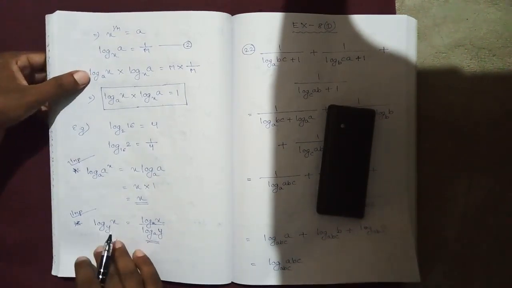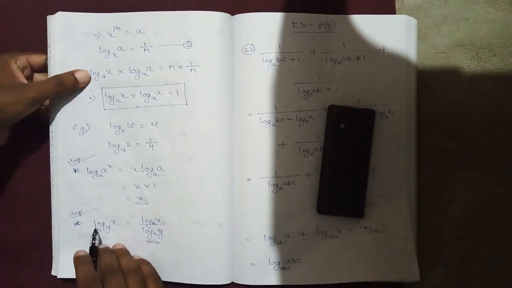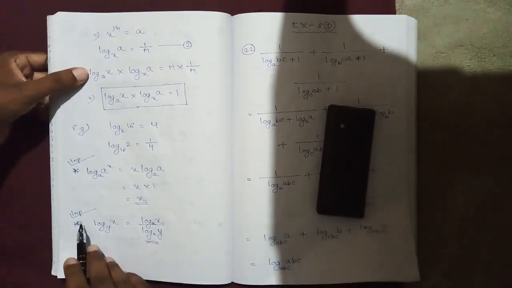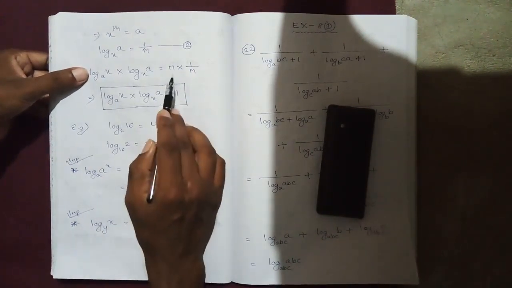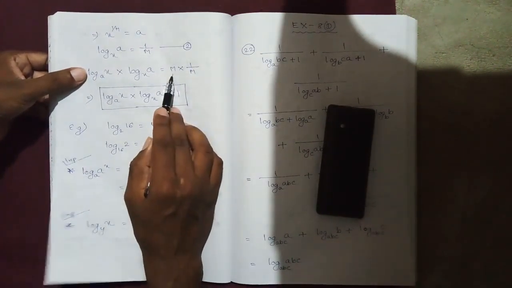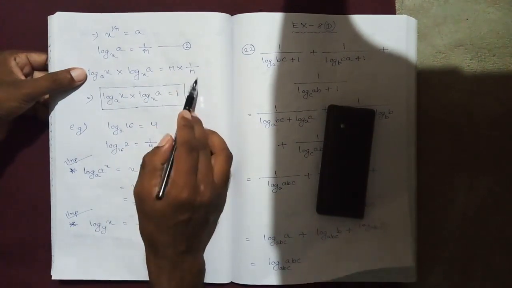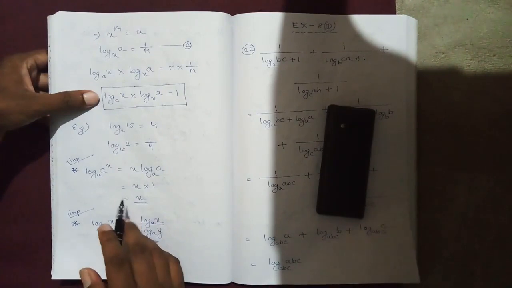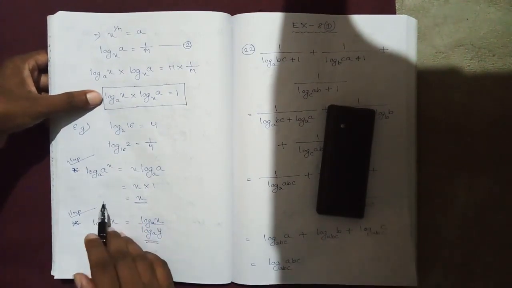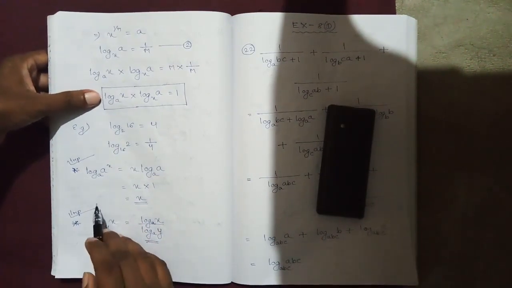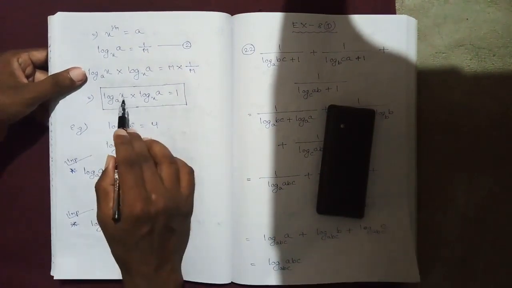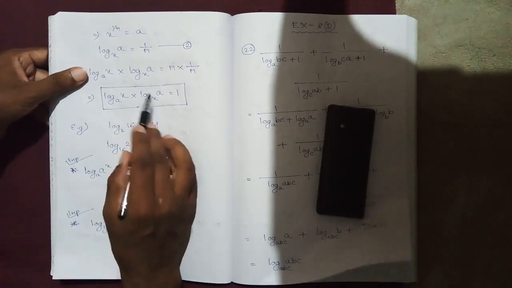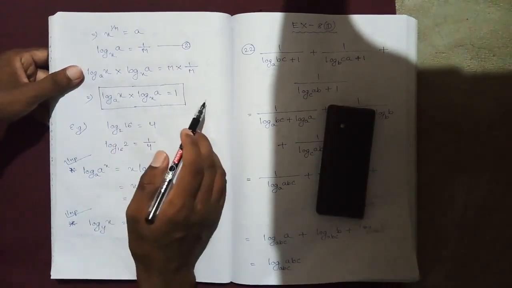So now multiply the two equations. Log x base a into log a base x is equal to, what was log x base a? M, from equation 1. What is log a base x? From equation 2, 1 by m. So m into 1 by m will get 1. So log x base a into log a base x is equal to 1. Remember this. If you interchange the base and result and you multiply, you will get 1.